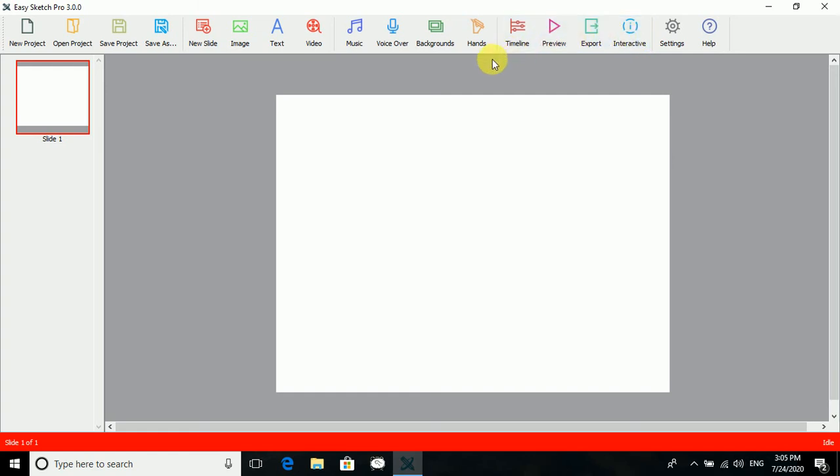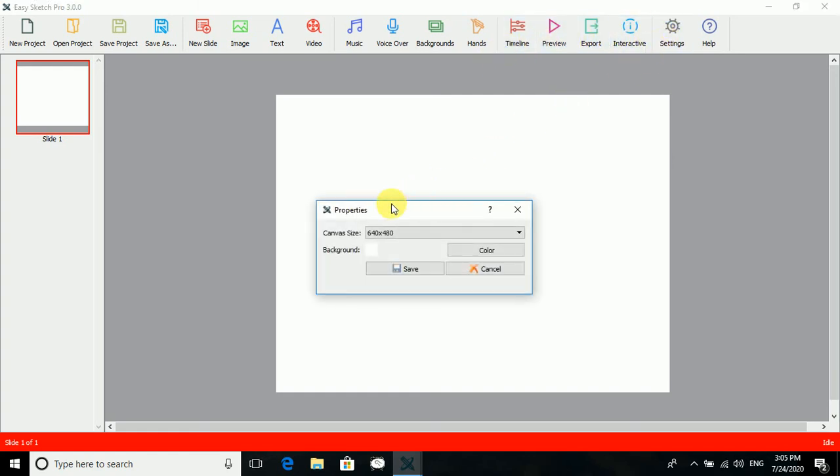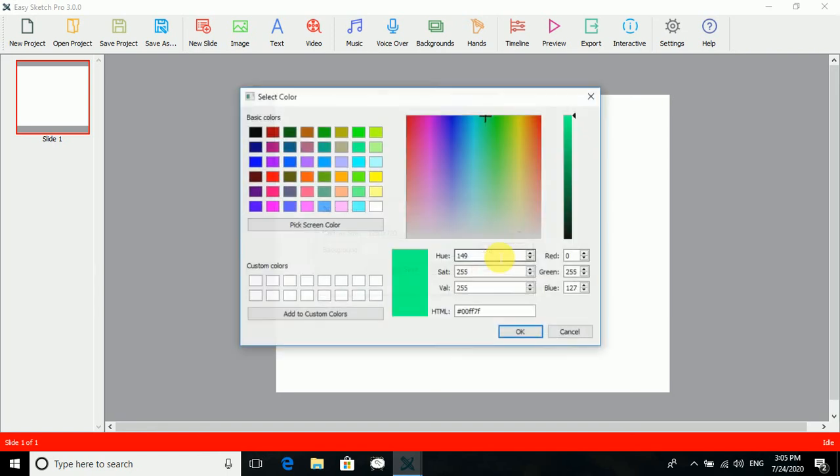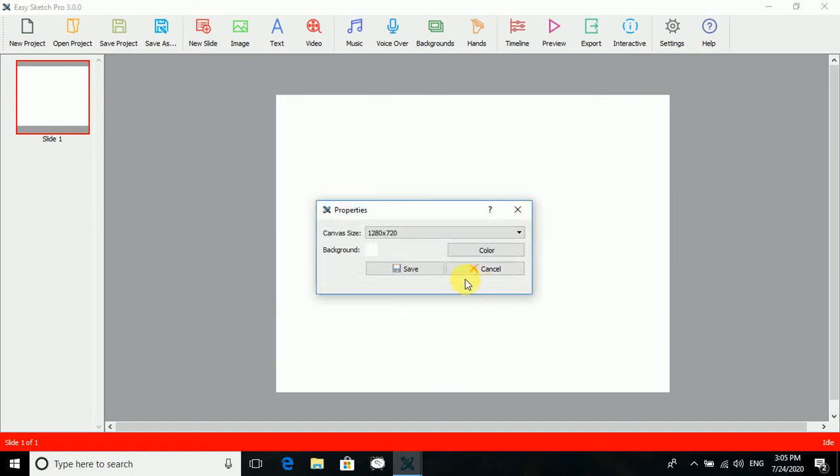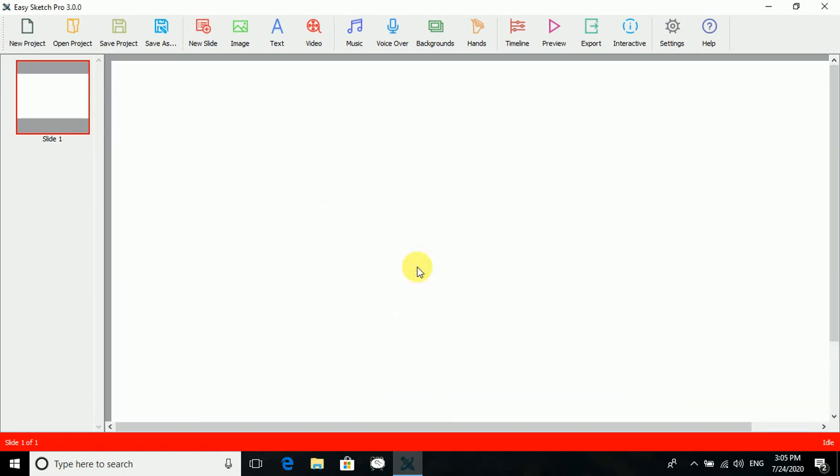First of all, we will go by the settings, if you want to set the canvas size, for example I want to go for the normal size which we give to our slide, right? Then you can select the colors. By default there is white color. You can go with a black color, yellow color, any color. I will go with white. Click on save for the settings. Now our slide is prepared over here.